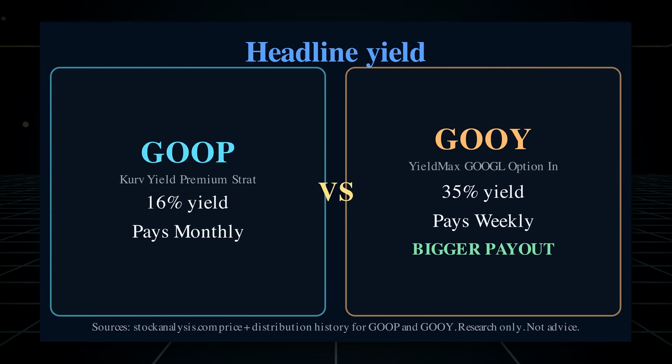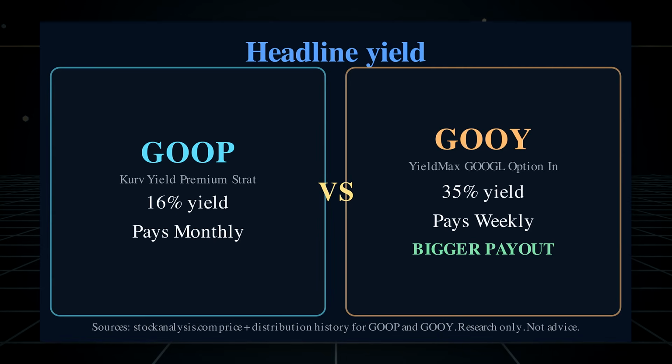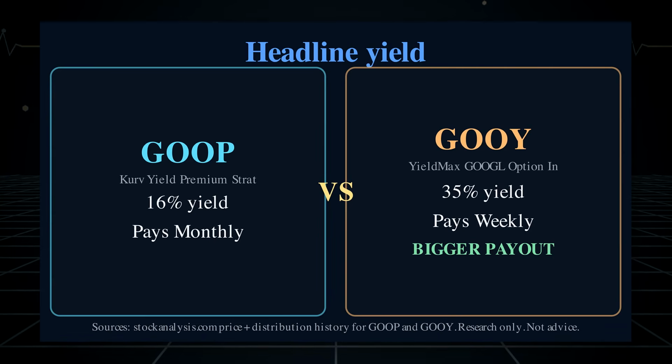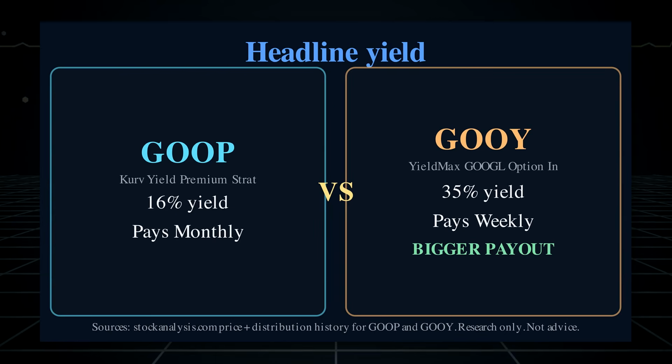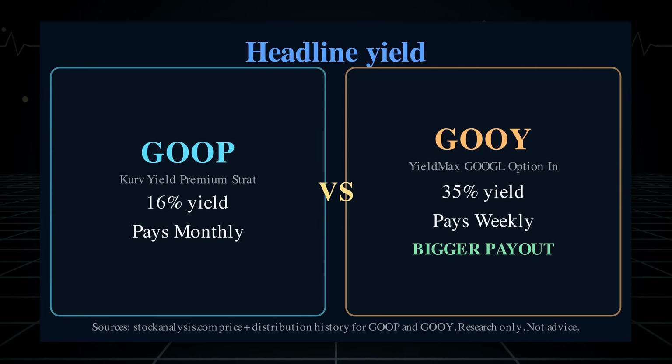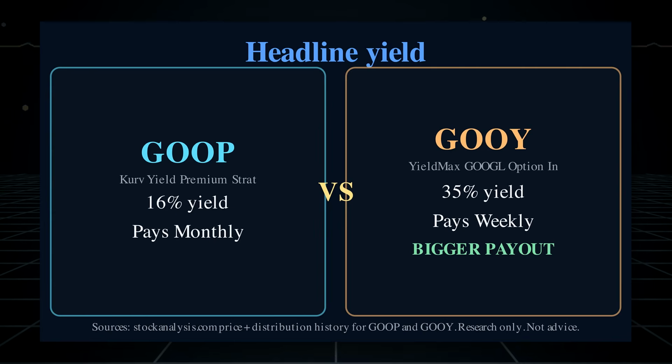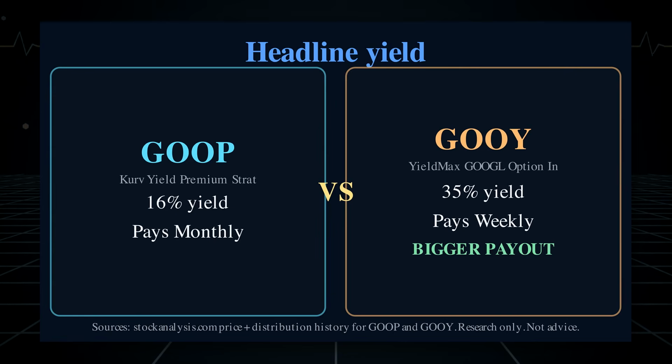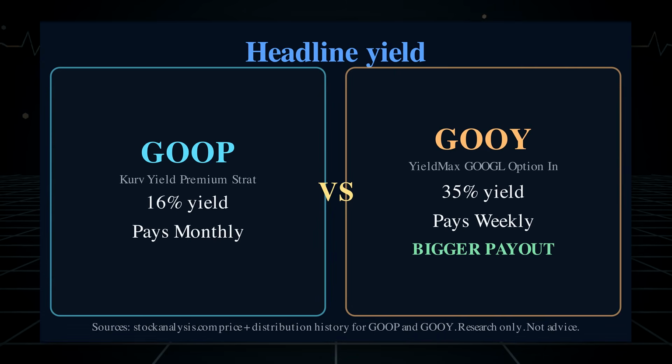For yield, the key distinction is that GOOY asks the investor to focus on the larger advertised rate, while GOOP presents the less aggressive one. The temptation is to treat that as a scoreboard. It is not. An option income distribution can be supported by premium, realized portfolio results, or cash that ultimately represents capital being returned. The tax label and economic source are not always the same question, so current distribution notices matter.